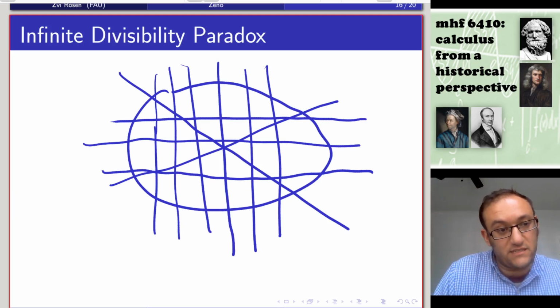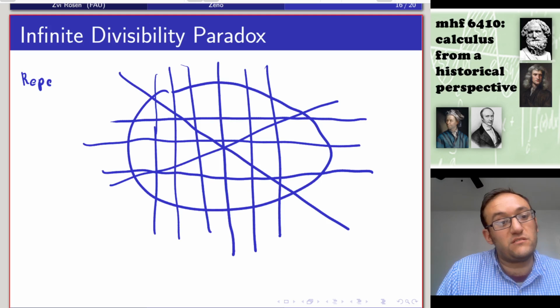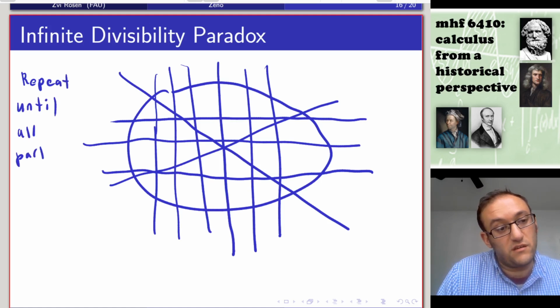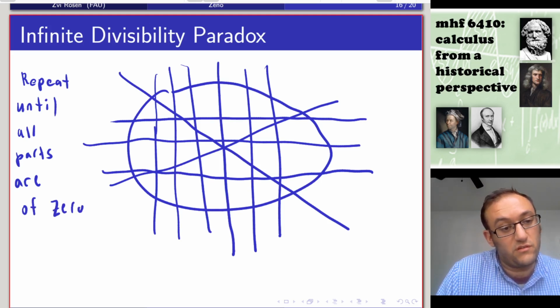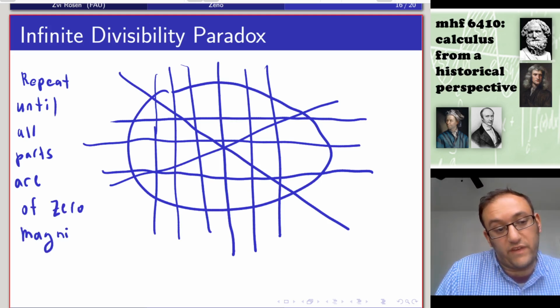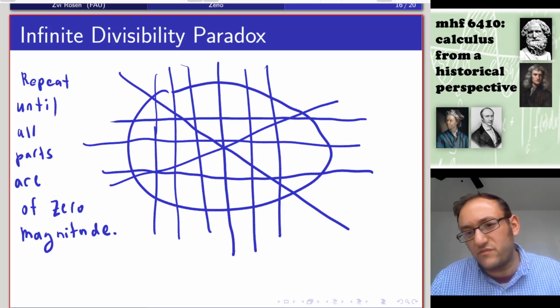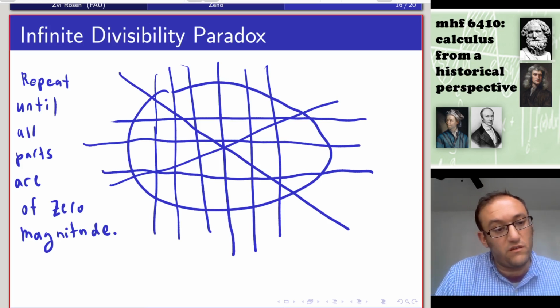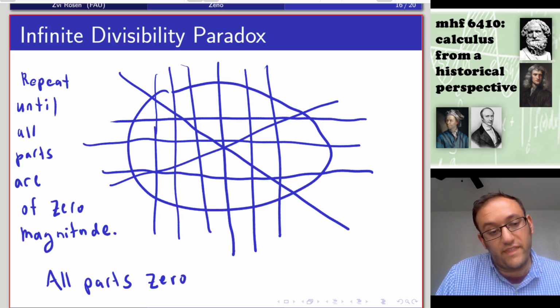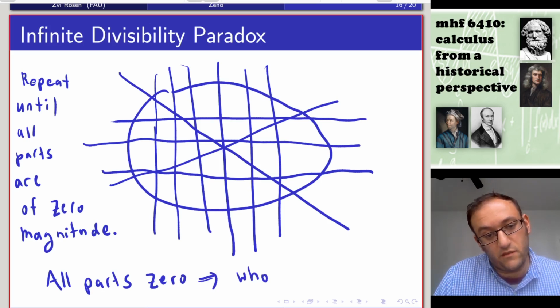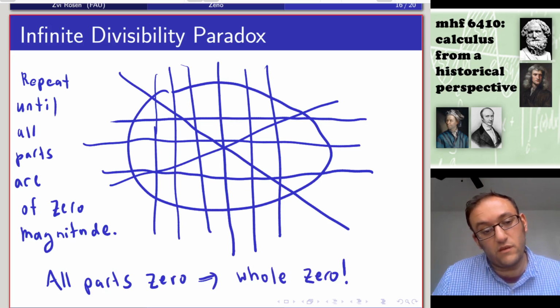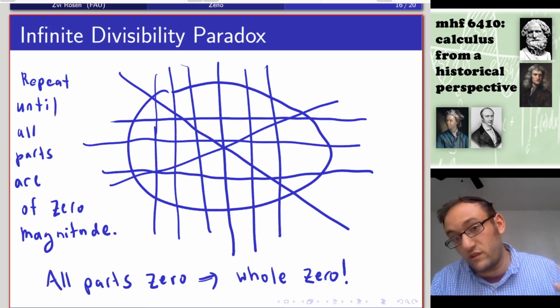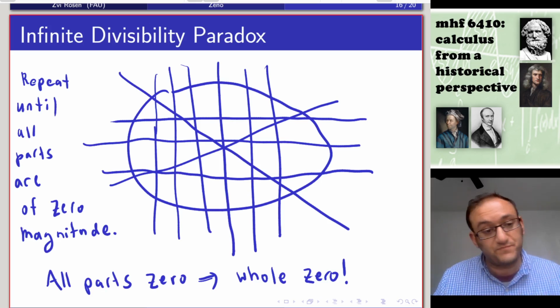And if you repeat this, repeat until all parts are of 0 magnitude. Well then, if any part has 0 magnitude, and this is thematically similar to the arrow, if all parts are 0, that means that the whole is 0, right? And that's a paradox, because we know that the whole thing started out with some stuff. Okay,